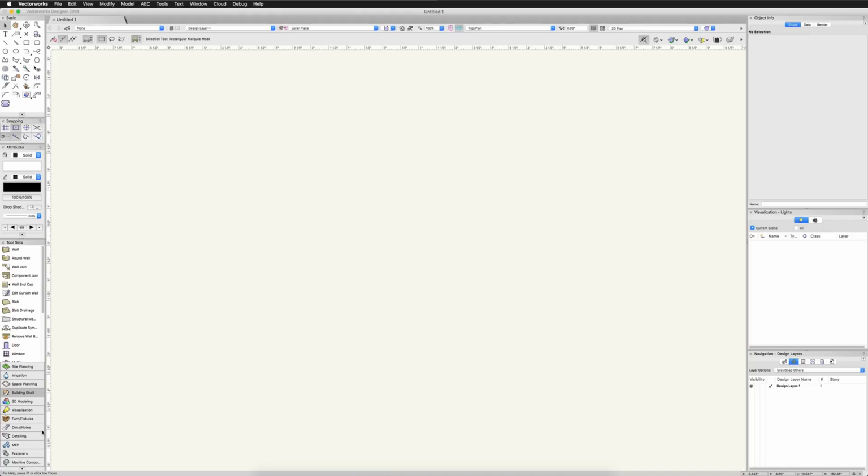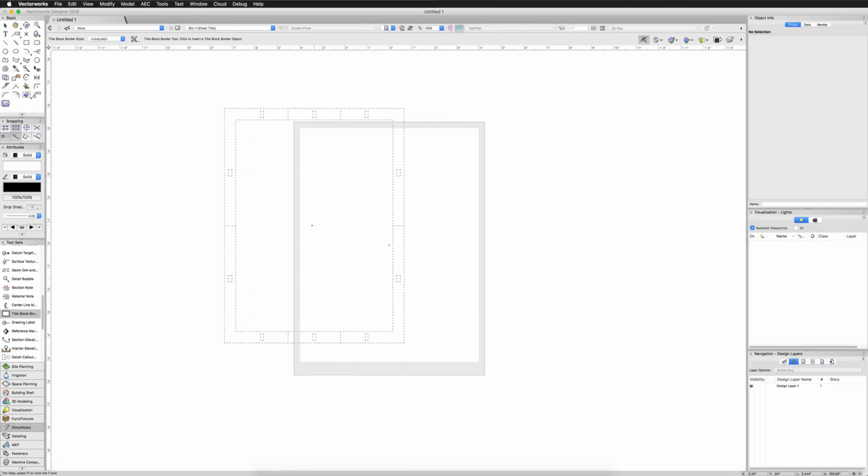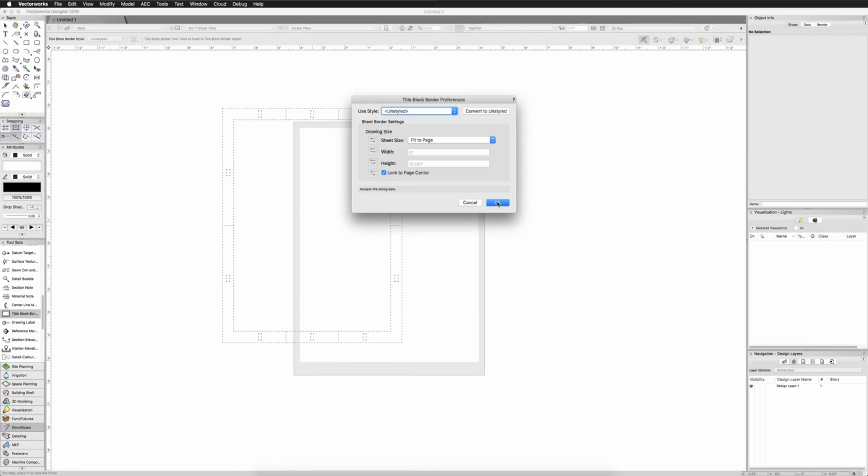In the Dims and Notes toolset in most workspaces, you'll find the Title Block Border tool. Normally, you would select a pre-prepared title block from the toolbar, but this time, we're going to go through how to create one from scratch. Click the Title Block Border tool, then double-click on an existing sheet layer. By default, the title block will place itself aligned to the center of the page area and fill to fit